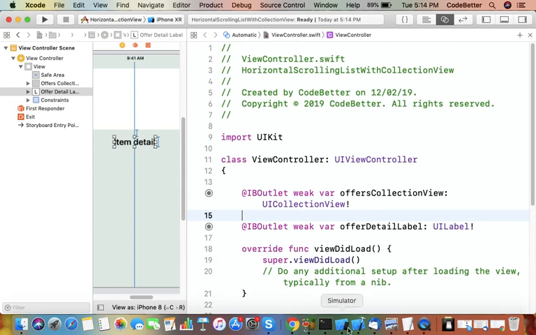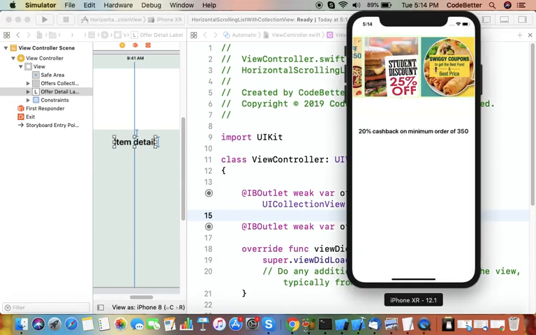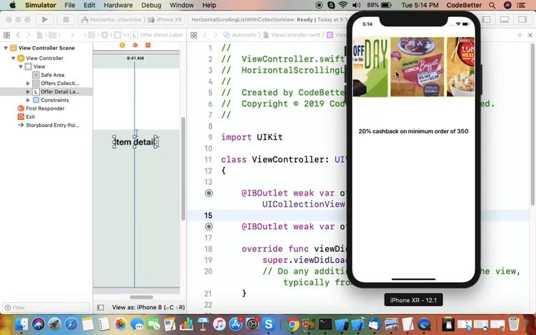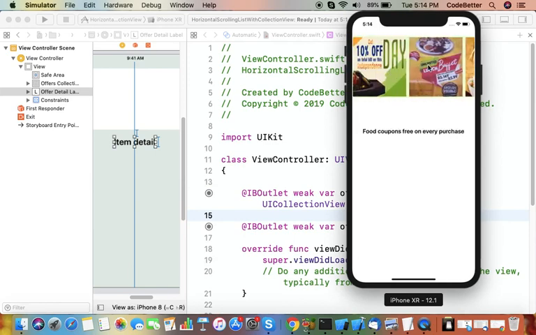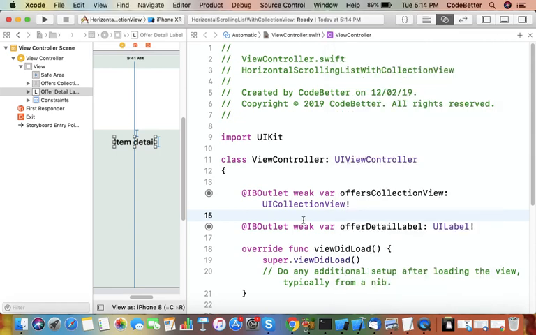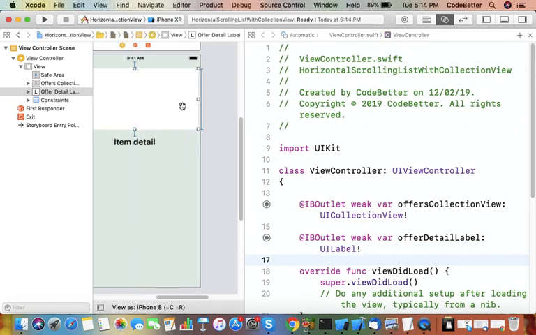So as you can see here in the ready-made application, we have one image for each offer, and when we click on it, the offer detail changes. So we are handling the offer selection also. So we need one image and the offer detail. Okay. So we create a structure which holds the two pieces of information. One is image name and one is offer detail.